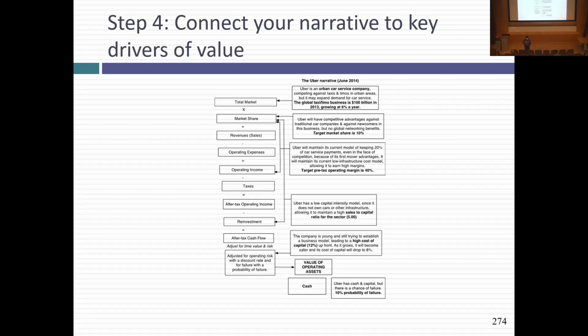And then I essentially looked at the rest of the world where I had no information. I said, must be much bigger. The 100 billion is a lot of fuzzy stuff happening on top of my estimates. But that's what I started with as my estimate of the size of the urban car service market.